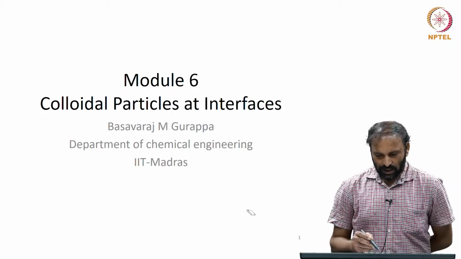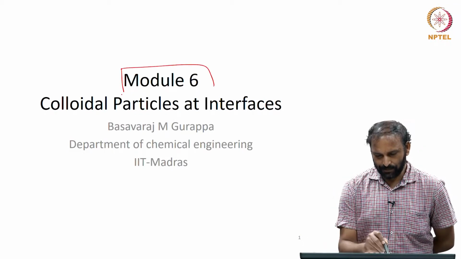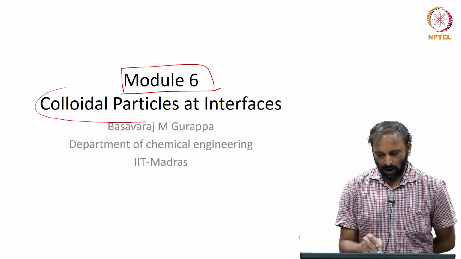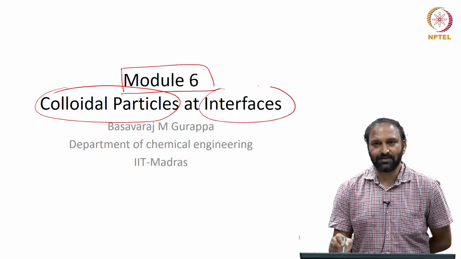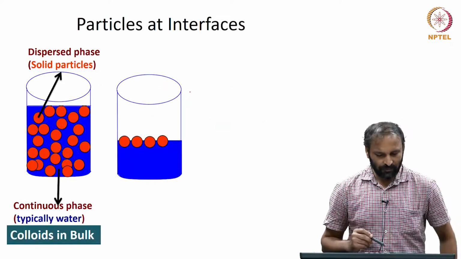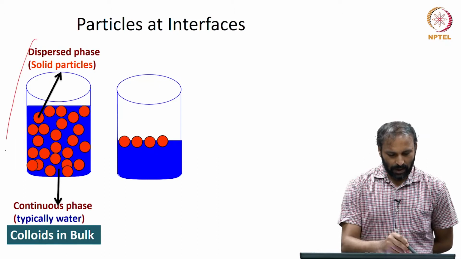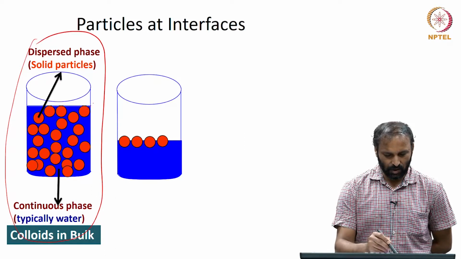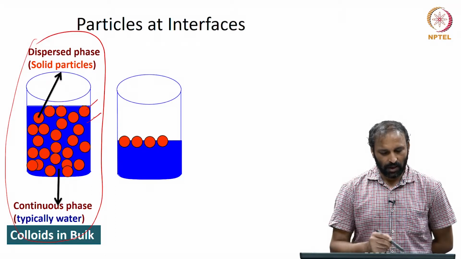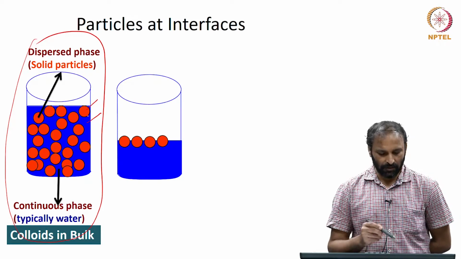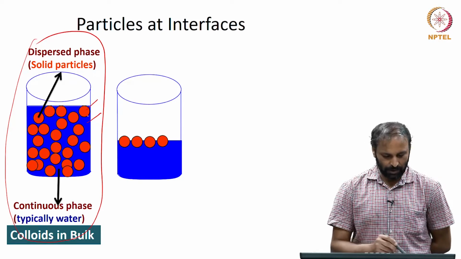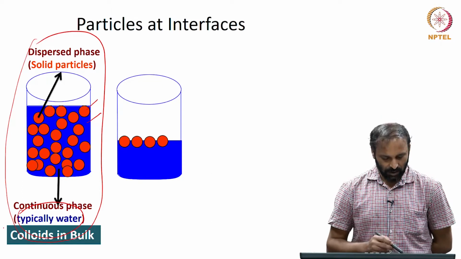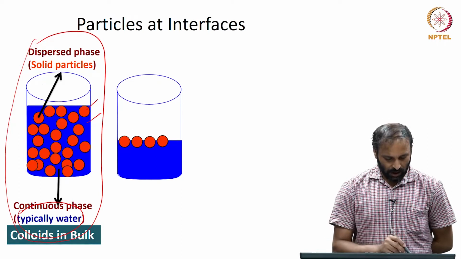Okay, so we are going to start with module 6 today, and this concerns colloidal particles at interfaces. So far what we have looked at is when we have particles dispersed in a continuous medium. So, these are the solid particles, and that is the continuous medium, and you have solid particles dispersed in a fluid medium. Fluid medium could be typically water or any other liquid for that matter, or gas,